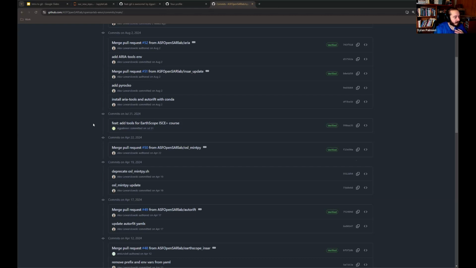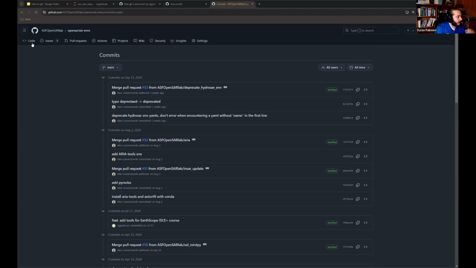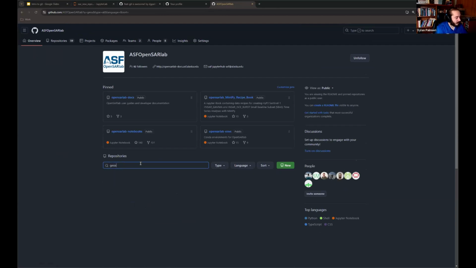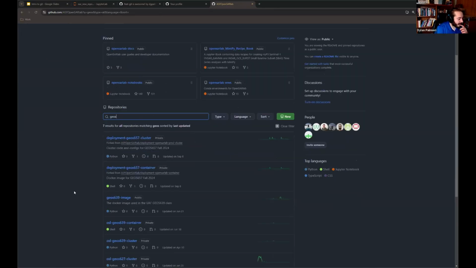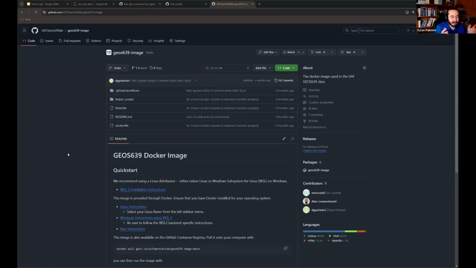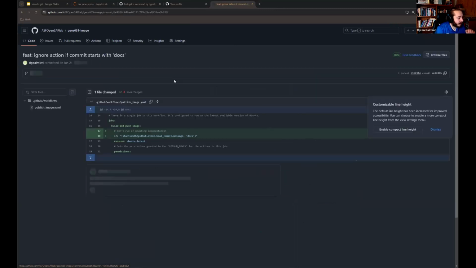Or docs example for when you're working with documentation. So one of the neat ways that you can use this is when you are creating pipelines around your code. For example, I added this commit to this repository,